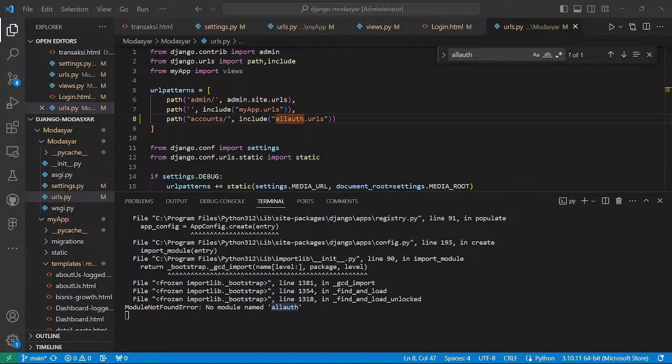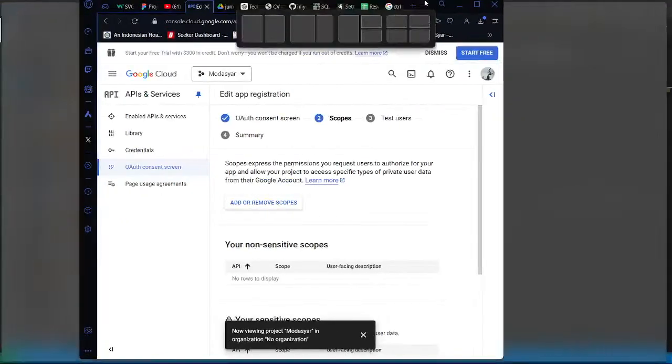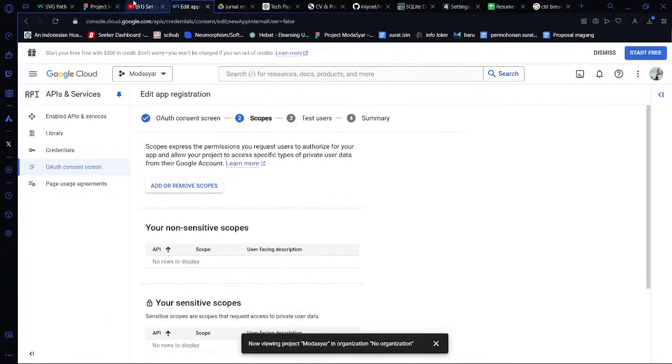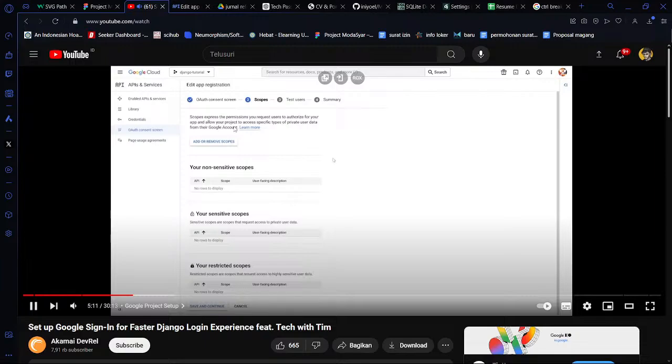Save and continue. Okay. So once you do that, you're going to be brought to a scopes page. Now, at this scopes page, we just need to add the scopes with the information we want to get access to. So I'm going to click on